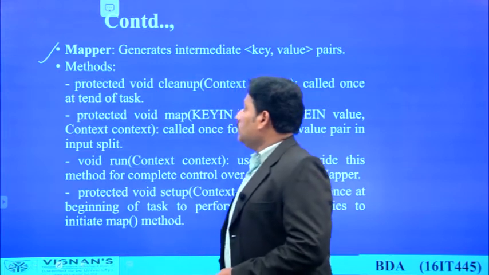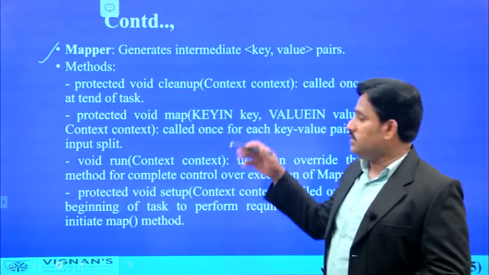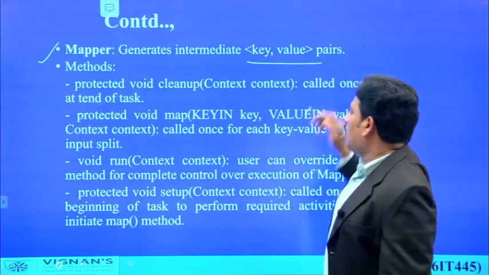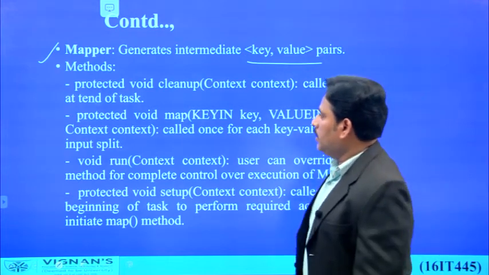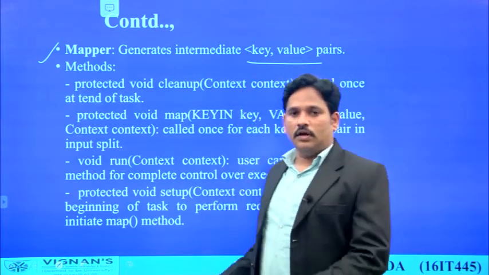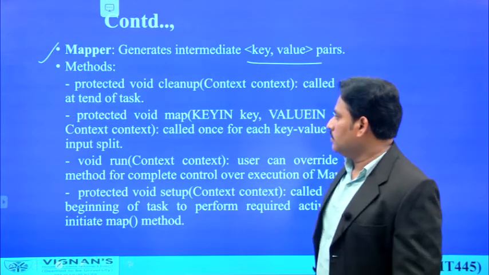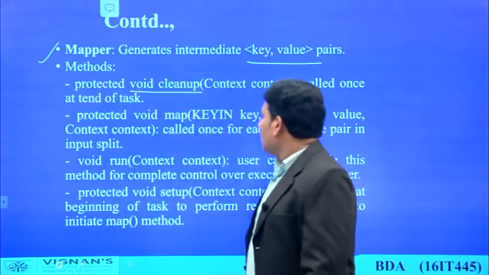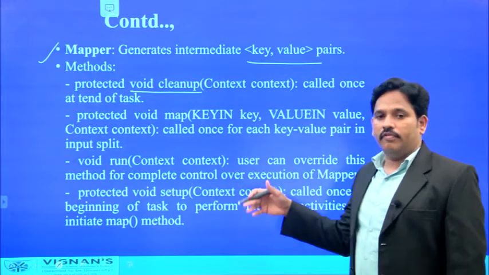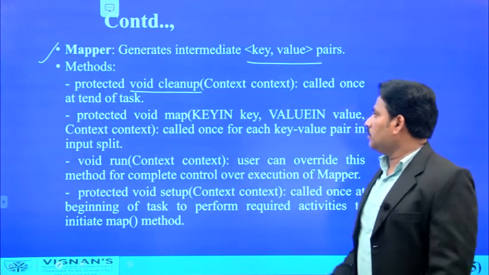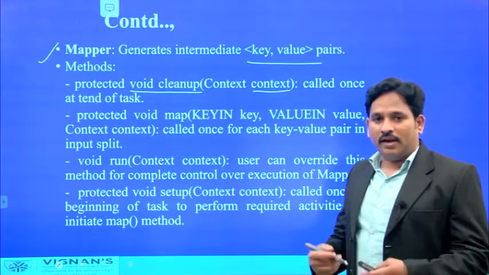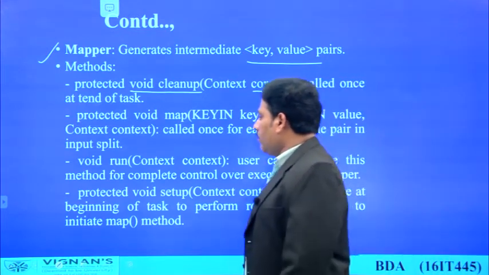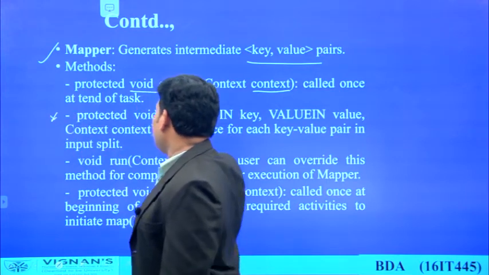module, that is the second phase, mapper. Now what it will do is generate intermediate key value pairs. How it is generated, we will see now. Here we are going to apply 4 methods in order to generate a set of key value pairs. The first one is a function called void cleanup. Now void cleanup will be called for every task. The void cleanup function will collect the context from that line or from that chunk, and it is created for every task. And the second one is another function called void map.